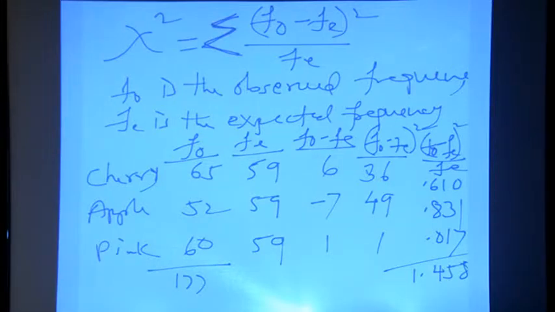Now, we want to know whether this is significant or not. Does it make a significant difference, or is the preference equal? We have to go to the chi square table at the back of your book, page 711. First of all, we have to find out what our alpha level is. Alpha level generally, if nothing is given, is 0.05. Then we want to know the degrees of freedom. Degrees of freedom is given by k minus 1, where k stands for the number of categories.